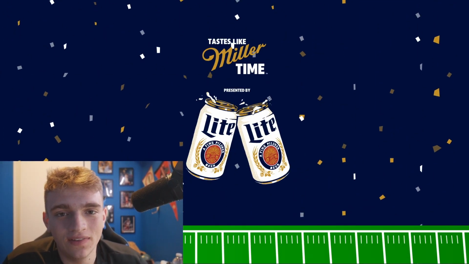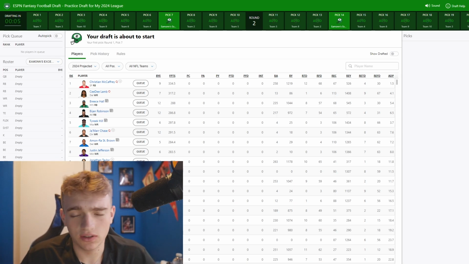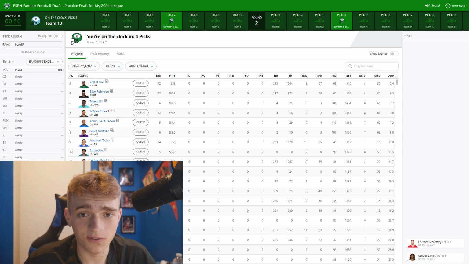Okay, so for this draft, I put us here in the 7th spot. So I'm hoping we get a receiver. I think we will, because Breece Hall and Bijan, for some reason on ESPN Fantasy, are 3 and 4. Do not draft them at 3 and 4. I would much rather have someone like Tyreek Hill, Ja'Marr Chase, Amon-Ra St. Brown, even Justin Jefferson, honestly, over them,